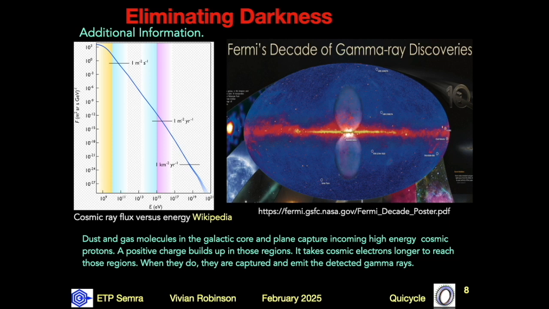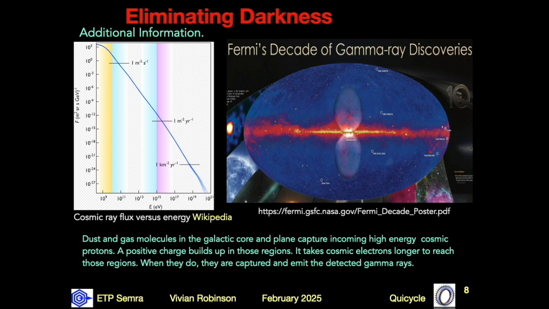About 85 plus or minus 10% of the stars in a galaxy are outside the galactic core. Galaxies have a magnetic field that is strongest in the galactic plane and along their spiral arms. Most supernovae occur outside the galactic core. Cosmic rays from supernovae travel along the magnetic fields.